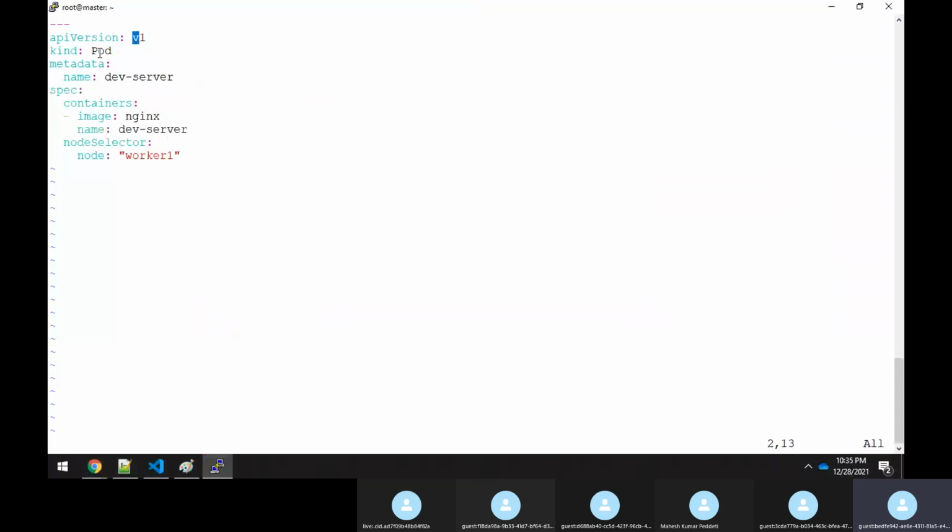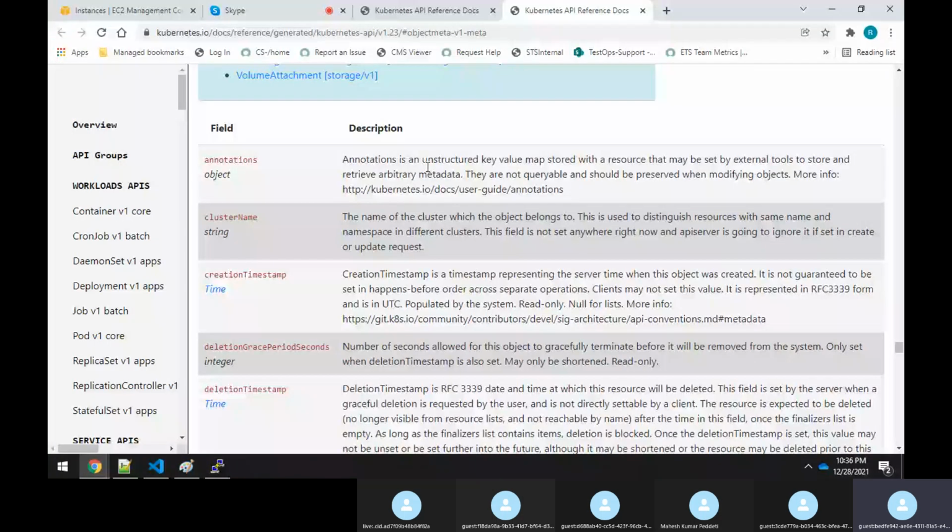If you click over here and do a right click, because a lot of people will be accessing this page, it will be a little slow. So you have to wait for some time to get it loaded. Actually, you could see now that ObjectMeta. If you come down, what are the fields it has? See, it has annotations, cluster name, creation timestamp.